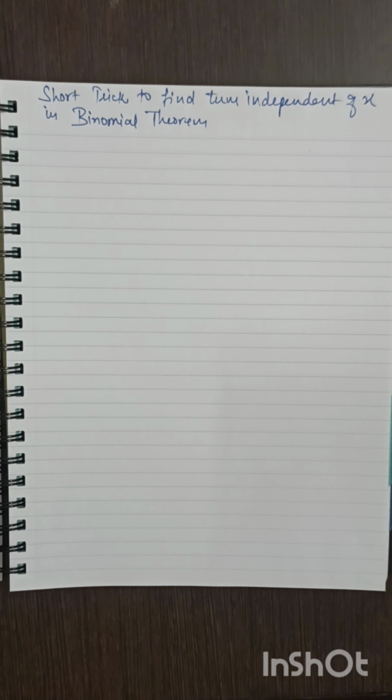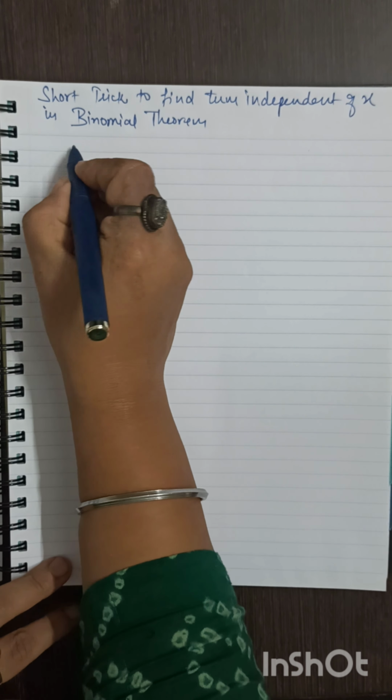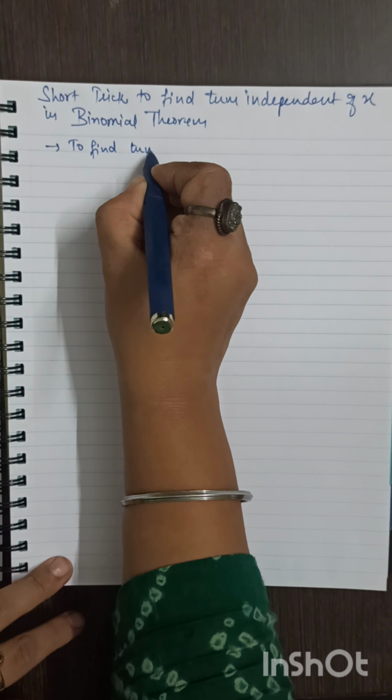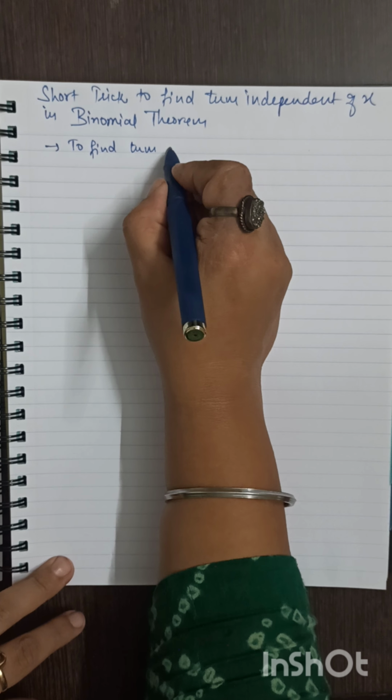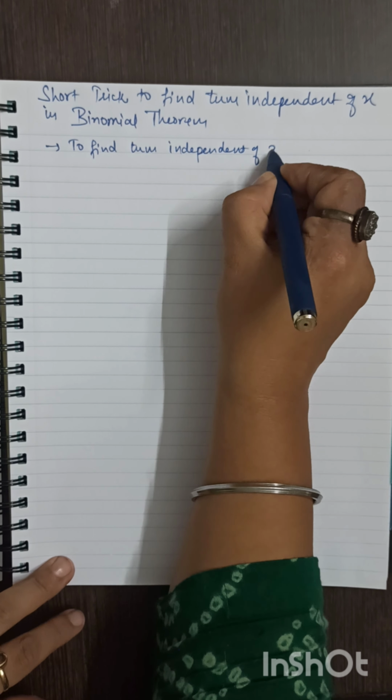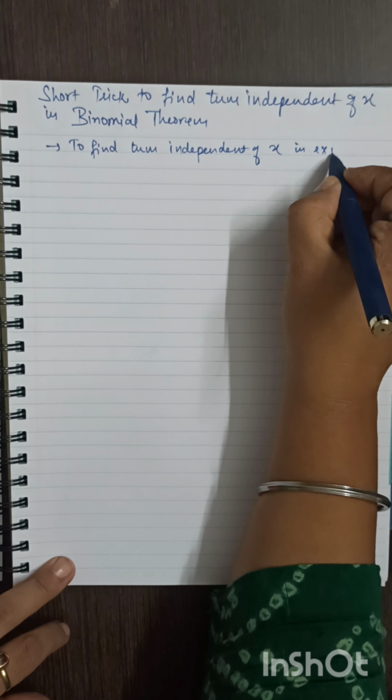Short trick to find term independent of x in binomial theorem. So, to find the term independent of x in the expansion